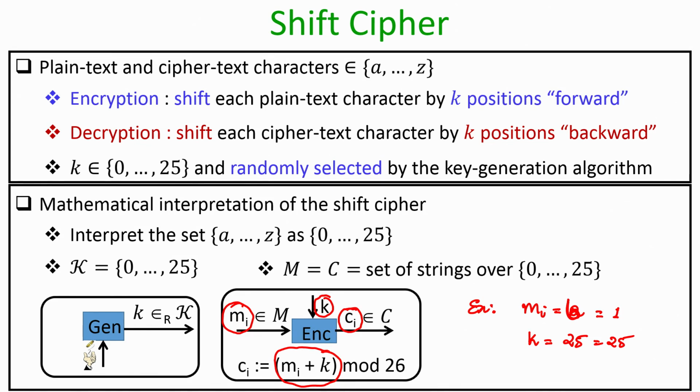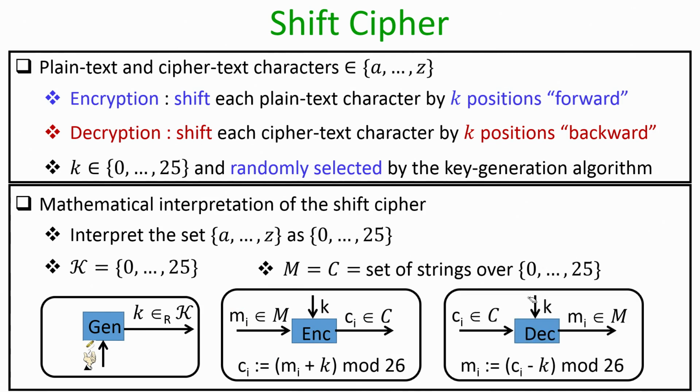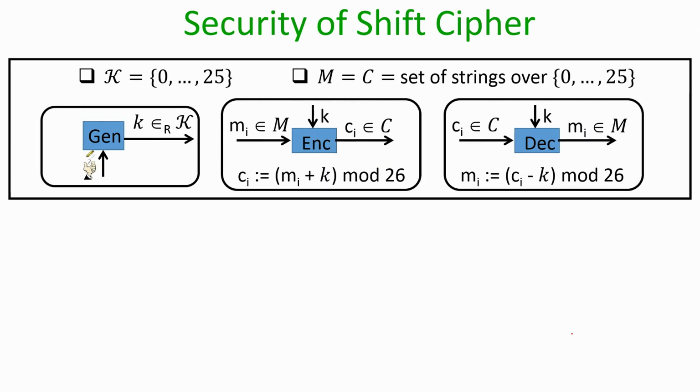That means I have to do a wraparound, and that effect of wraparound is happening by doing the modulo operation here. So, that is the encryption process of the shift cipher. And analogously we have the corresponding decryption operation, where we take the ith ciphertext character and the value of shift, and to recover back the ith plaintext character, we simply go back k positions from the ith ciphertext character, and if required we do the wraparound by doing the modulo 26 operation, right.